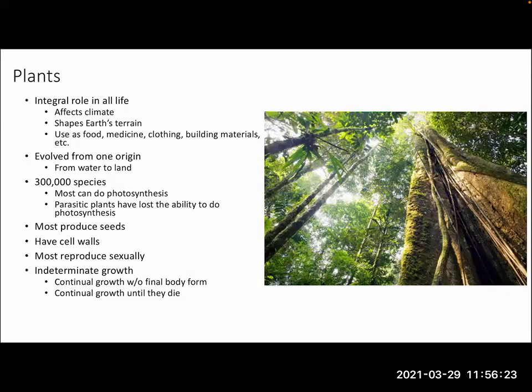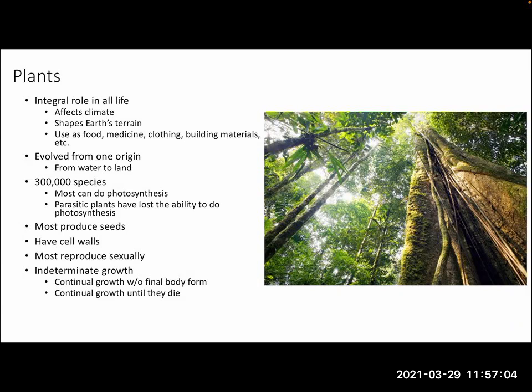And then finally, a use for vegetation and plants are the resources that they can give us. They allow us to obtain food, medicine. We make clothing from plant material. We build from plant material. We get energy from plant-based material, whether it's wood or it's organic matter that has formed peat or coal over millions of years. And so plants are super important, not only for the interactions that they have with their environment, but also for the ecosystem services and the resources that they allow us to obtain.